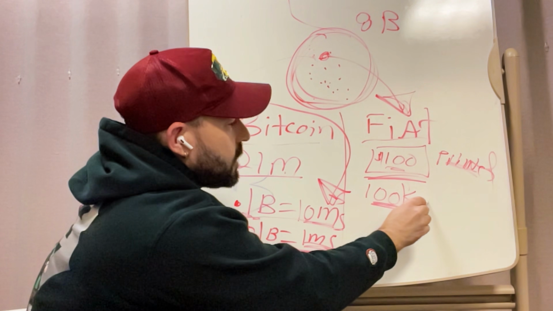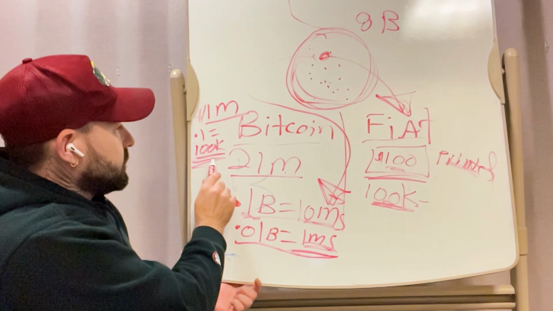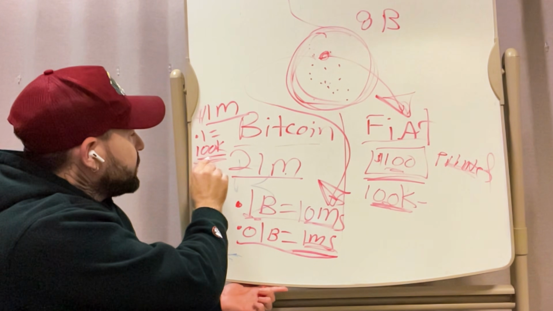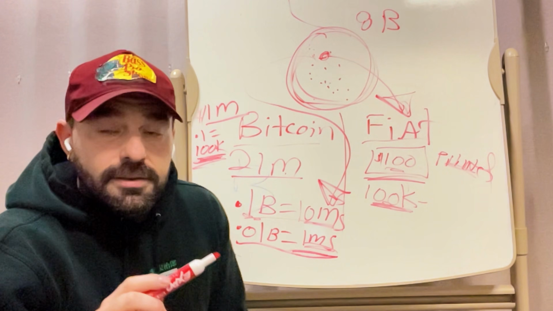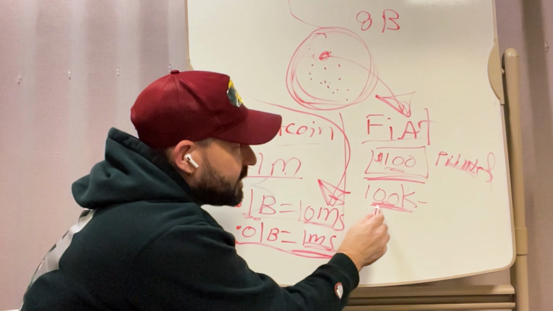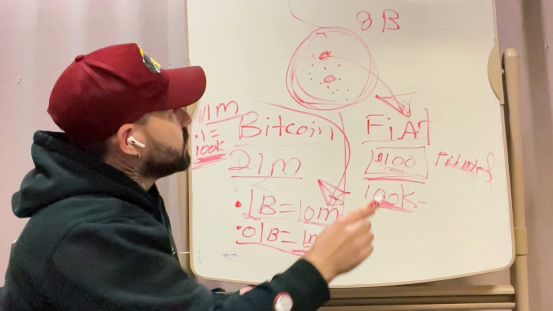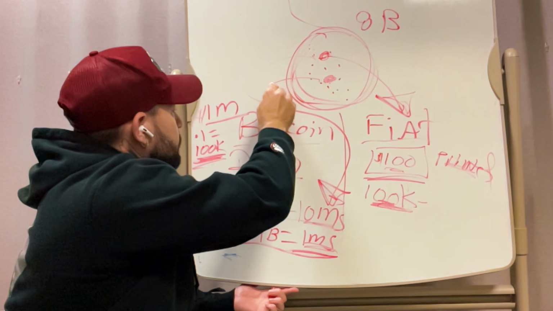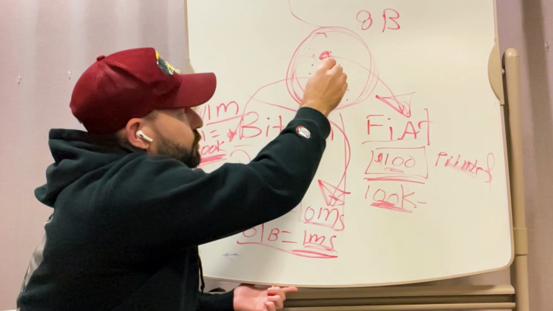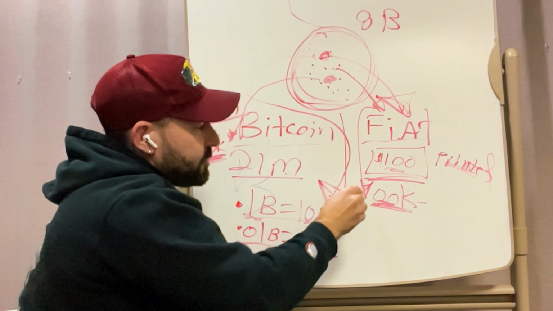So $100,000. Now, if somebody has $100,000 of fiat, what do you think is going to be more valuable? This, the 0.1 Bitcoin or 100K, because this represents a better purchasing power than the 100K fiat would. Now, why does this matter to you in this world right here? Because you in the world right here are maintaining your 100K purchasing power at a 1 million Bitcoin, as opposed to another person using fiat with 100K.